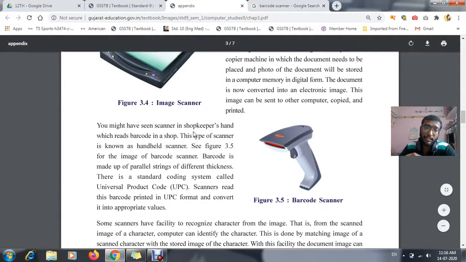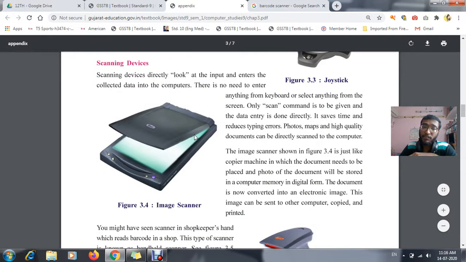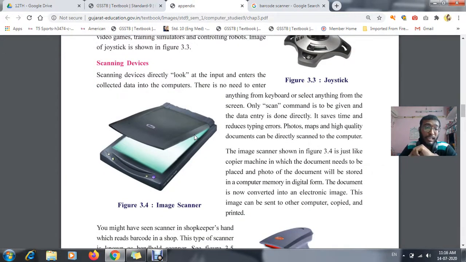This is the best example of a scanning device. I have given you examples of scanning devices right now. The first one is the image scanner, which is used in your computer or in a Xerox machine. Another example is the barcode scanner, and one more example is the OMR scanner. As you know, from 9th standard onwards, all four classes, 9th, 10th, 11th, 12th, will have just MCQs.